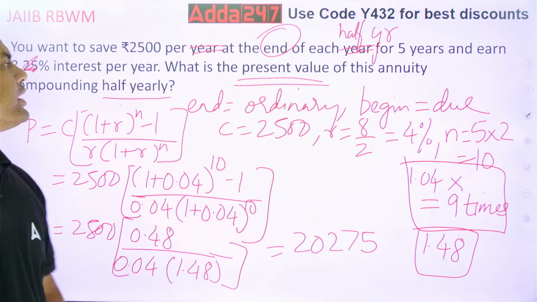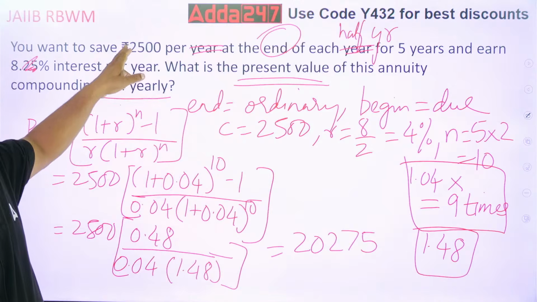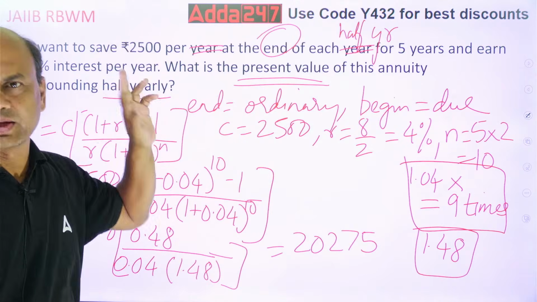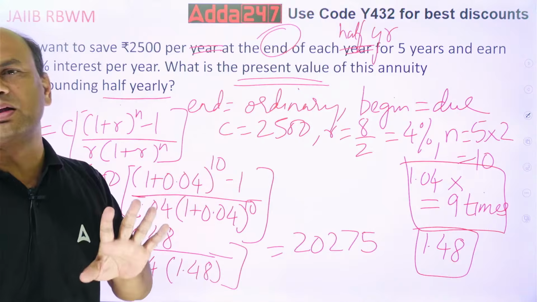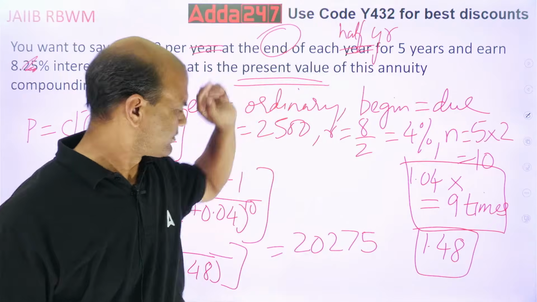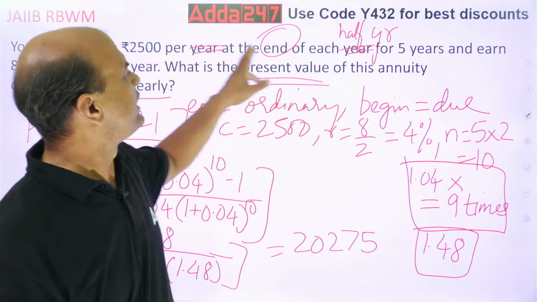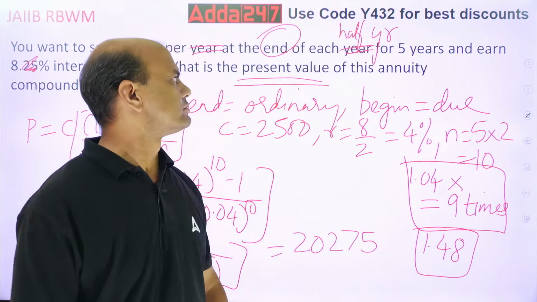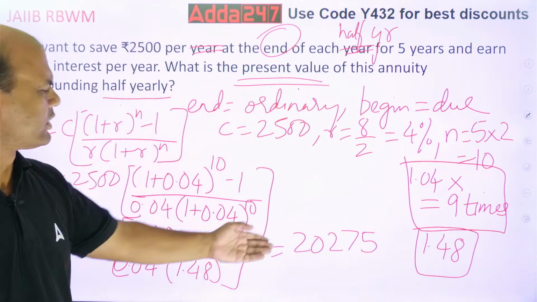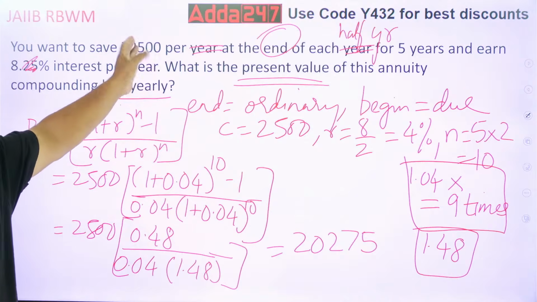Right? Logically also think of it, everyone. 2500 half yearly, so per year 5,000. Per year I will be investing 5,000. 5,000 into 5, right? 5 years now. Should I get it more than this 20,000? I think so. You must get more, because 2,500 in 6 months,